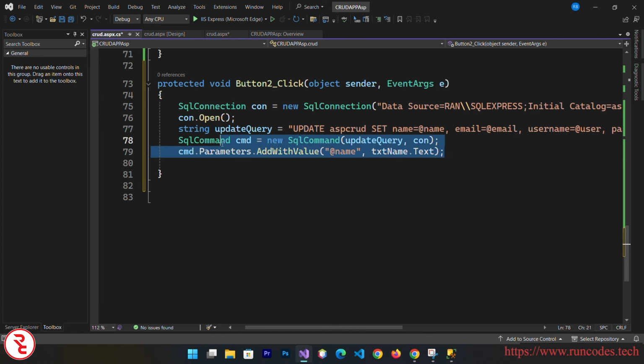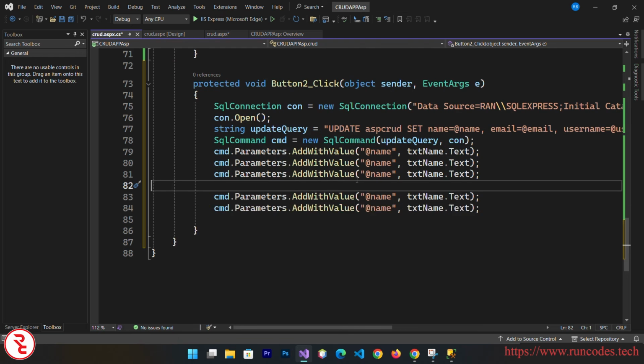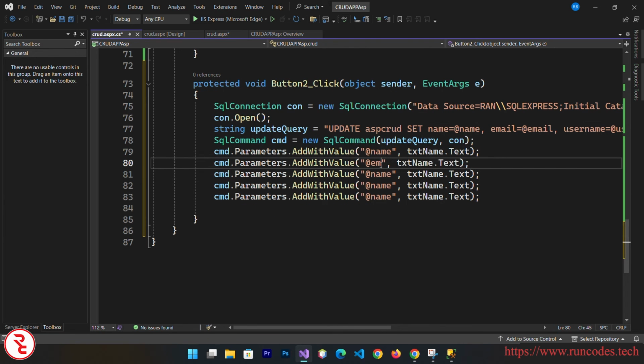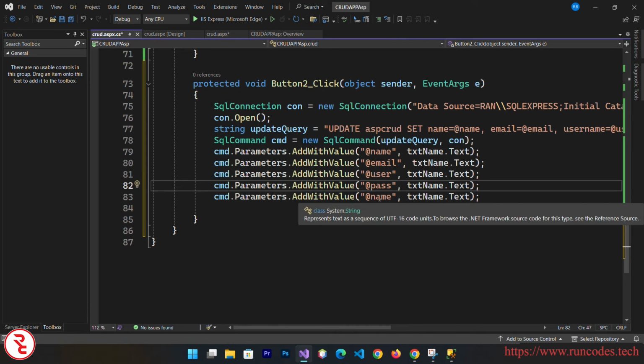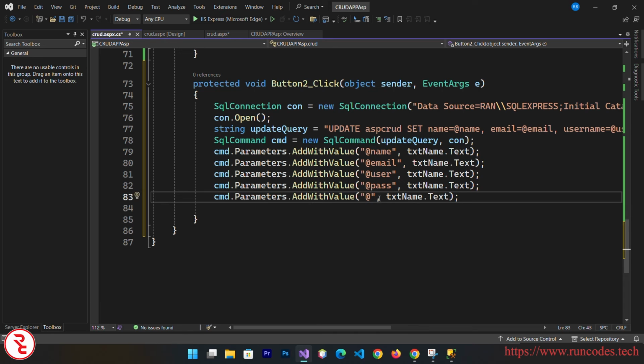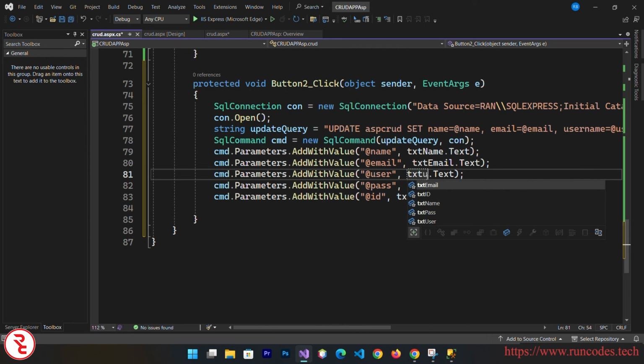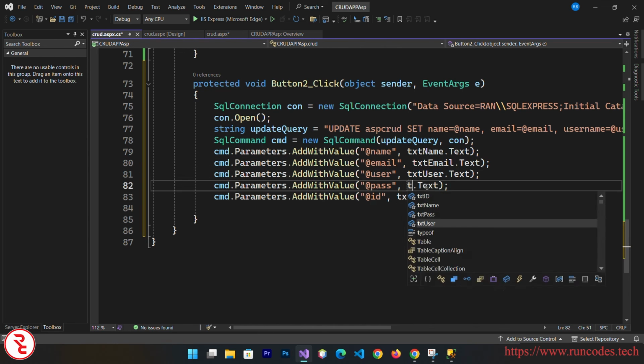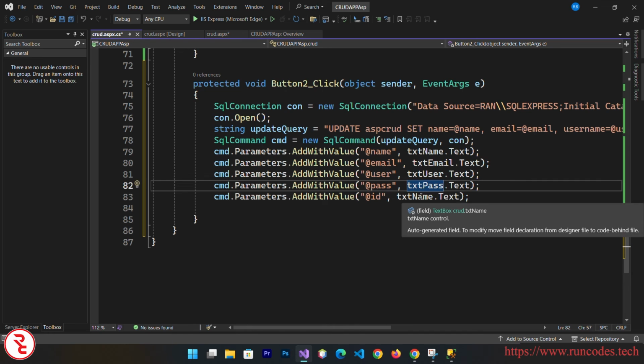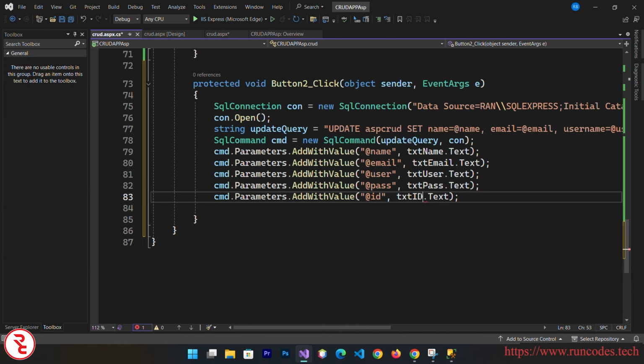So repeat that, copy, and here goes email, here goes user, here goes pass, here goes ID, and here goes txtEmail, here goes txtUser, here goes txtPass, here goes txtId,